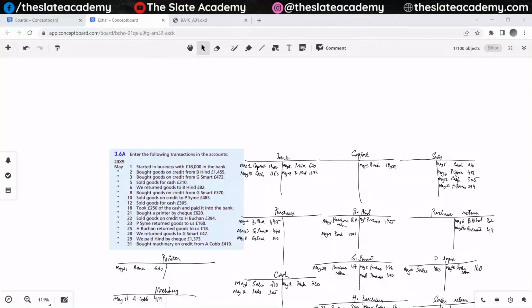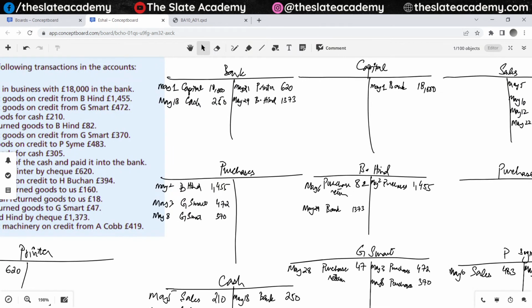Okay, this was a question that we attempted yesterday. What we have done until now is learn how to record the transactions in a particular ledger. These transactions have been recorded, but now the question is, what would be the next step? Just recording them like this does not give a summarized picture of the position of the business